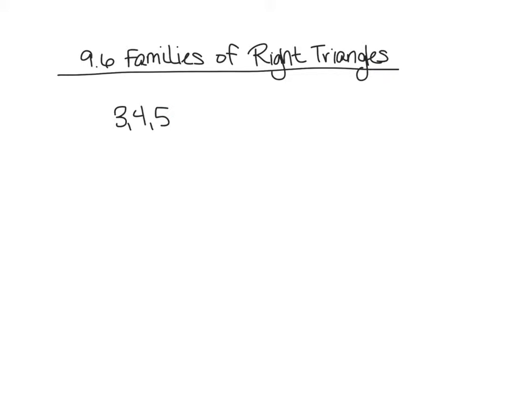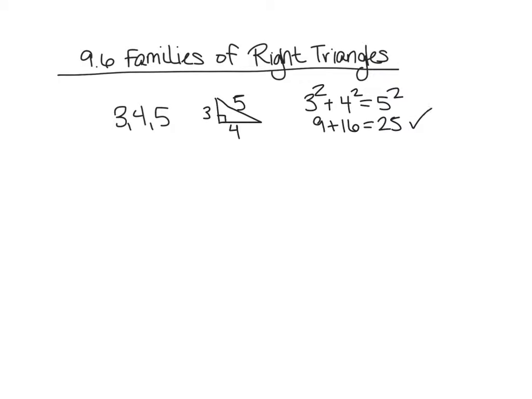number is the hypotenuse. So if we were to just draw this, put our right angle there. If this was 3, 4, and the hypotenuse was 5, then it would follow the Pythagorean theorem. Let's see if it checks out. 3 squared plus 4 squared equals 5 squared. 9 plus 16, is that equal to 25? And yep, it checks out. So when we say the 3, 4, 5 family, there are many different triangles that can fall, an infinite number